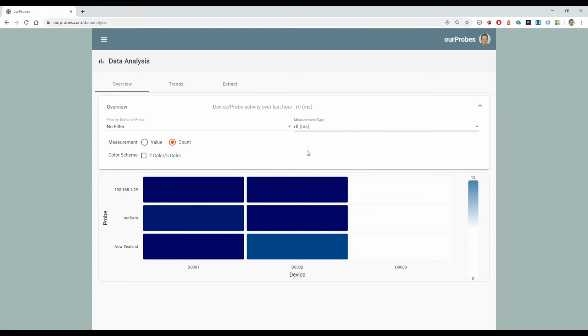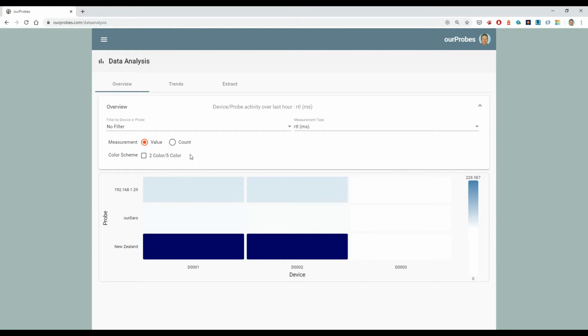And in this case, when I look at one of the metrics like round trip latency or bits per second, it just shows me what the last value collected in a measurement for that combination of device and probe is. So in this case I need to change it from showing counts to showing values, and it is color coded to be a darker value, at least in the 2-color mode, for something that's got a higher value than a lighter value. So you see the round trip latency coming in for doing tests against a